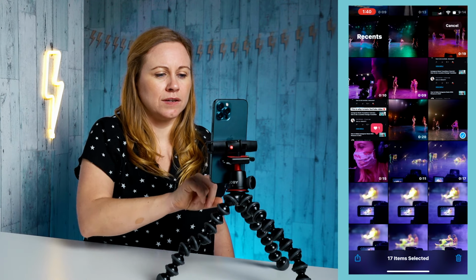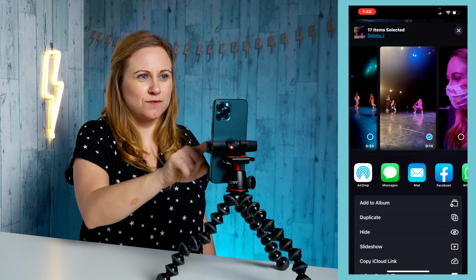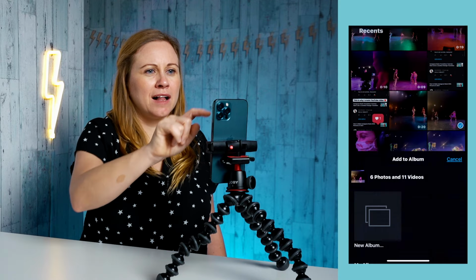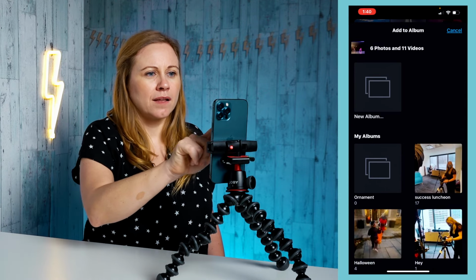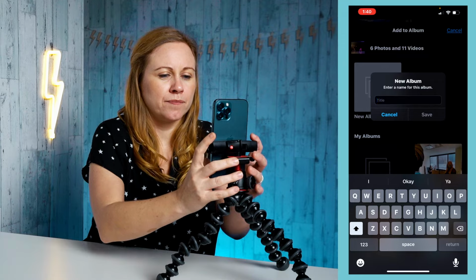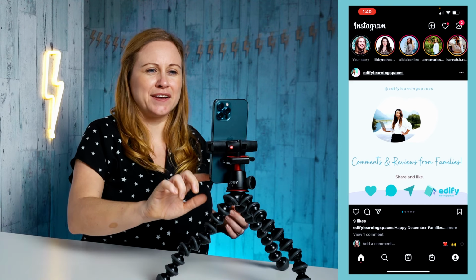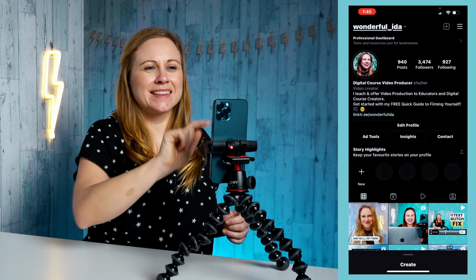Once you have the ones that you want selected, you can press the forward button and then add to album. You can name your album, and then all the clips you put in are in that particular album. To create a reel out of that, you can go into your profile, click the plus button, select reel,